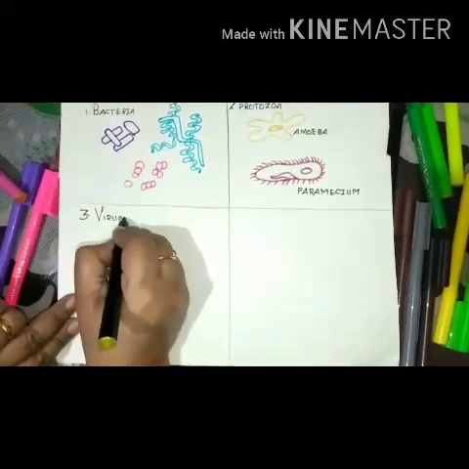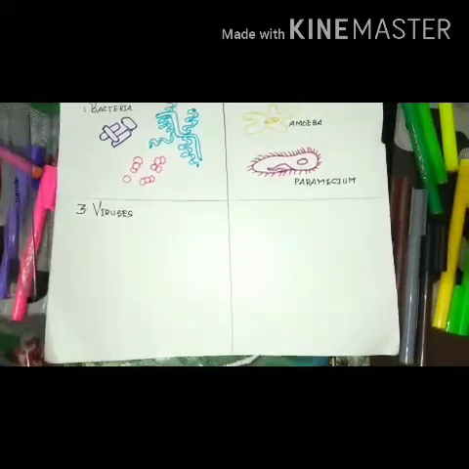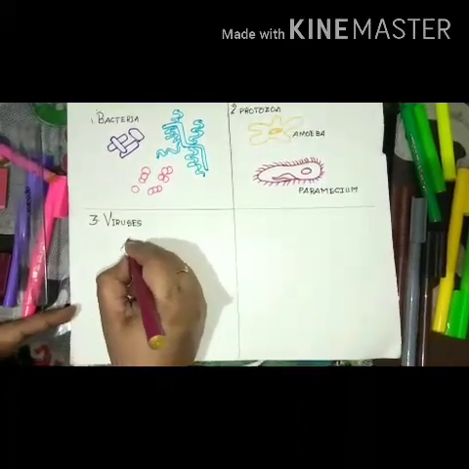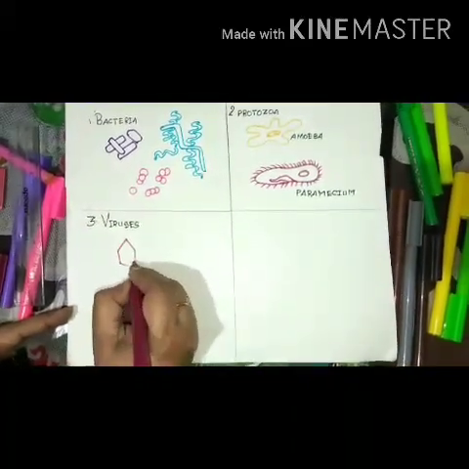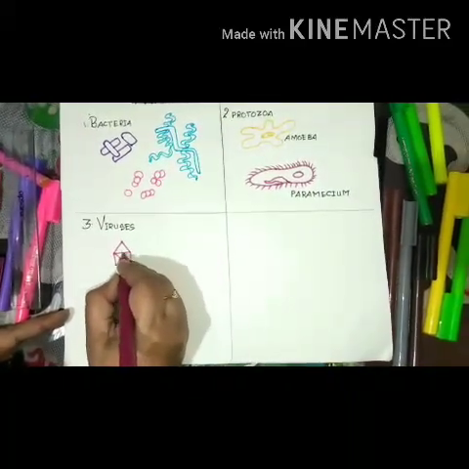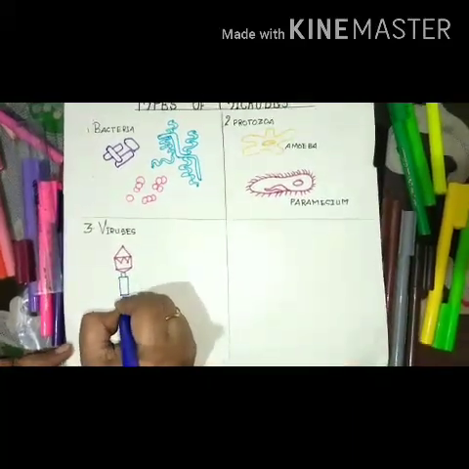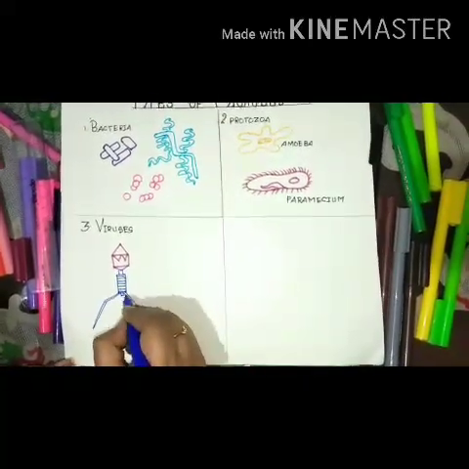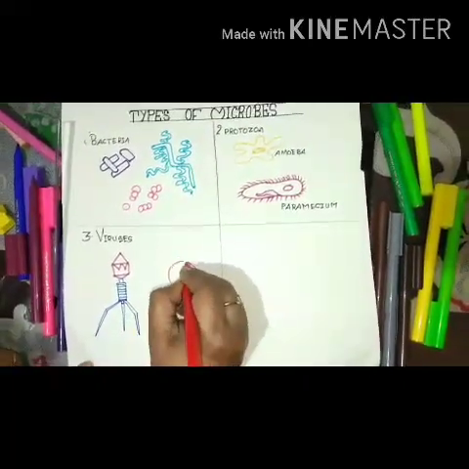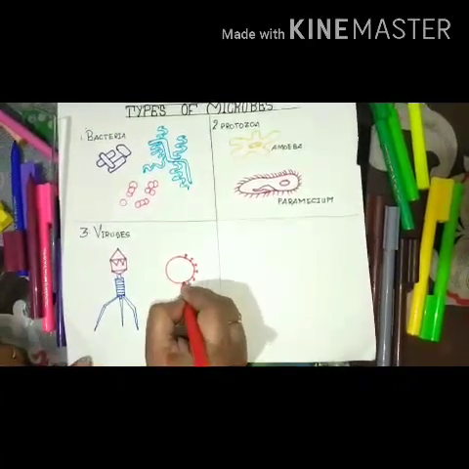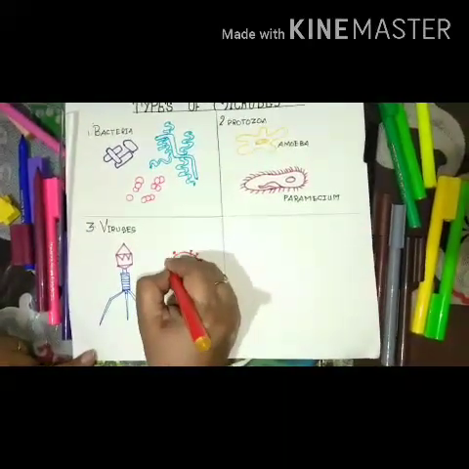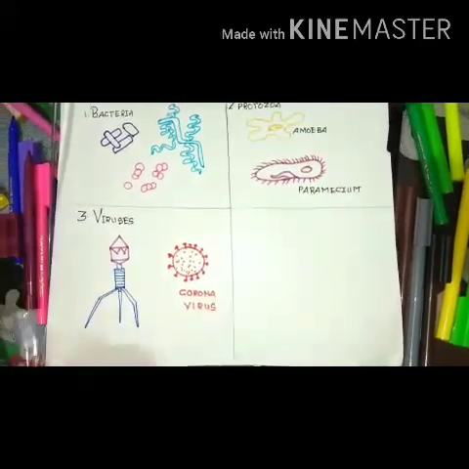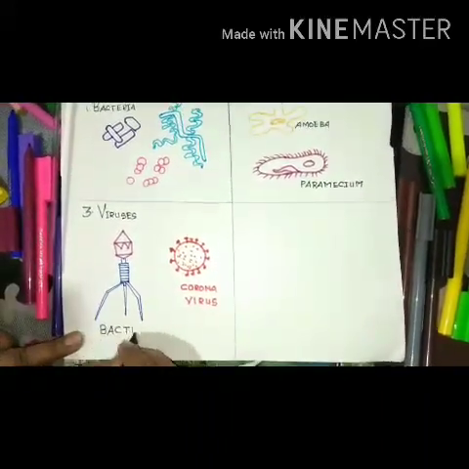I'm going to draw the viruses. You can draw the virus in a hexagonal shape. You can see how I'm drawing. Draw a hexagon. Draw a cylinder below it with some lines in between. Draw leg-like structures, standing structures, in 3. And next you draw a circle. I'm sure you will be able to recognize this virus. What is it called? Coronavirus.